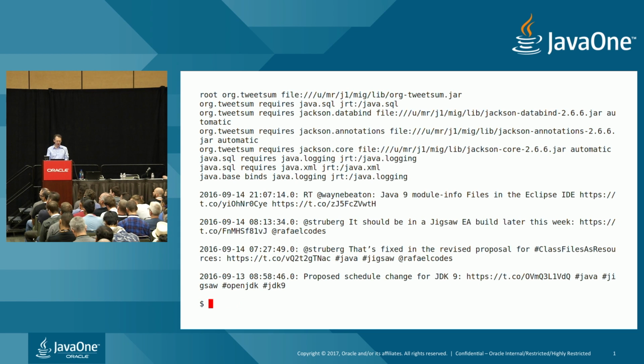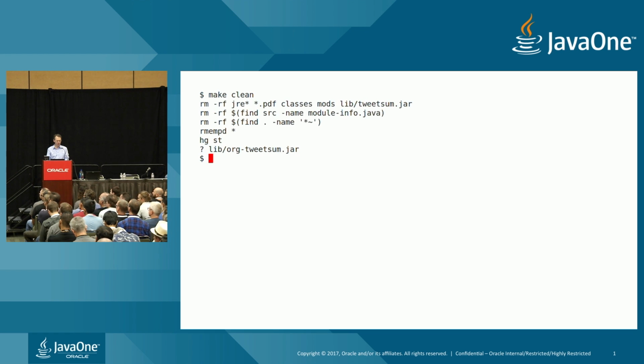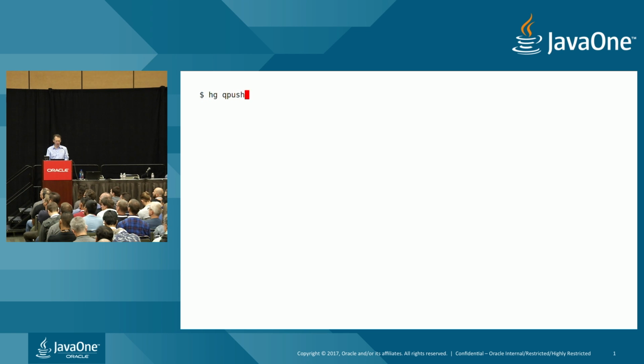Okay, let's rewind here. I'm going to clean up everything. Let me leave that for the moment. And through the wonders of Mercurial, I'm going to now enter an alternate universe in which I pretend to be one of the maintainers of the Jackson libraries. So let's recompile the TweetSum application